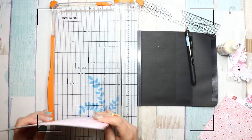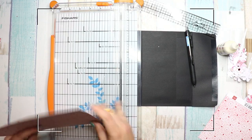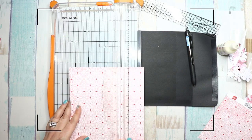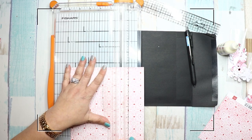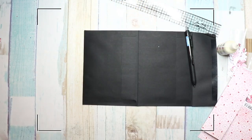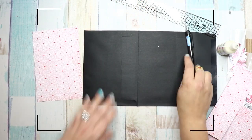It is so cute, and it's so simple, and it's a great way to send friend mail and something simple. All right, so I am just cutting these little strips off, and then I have these 2